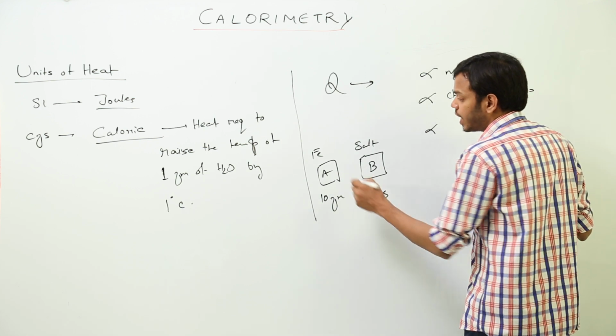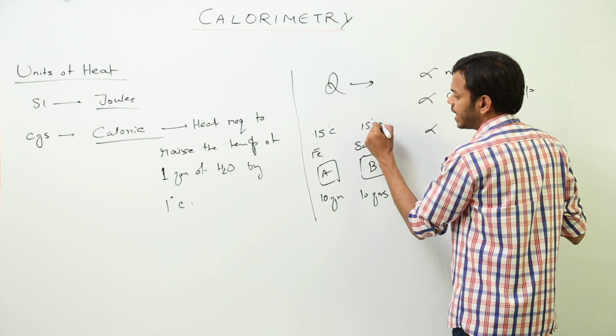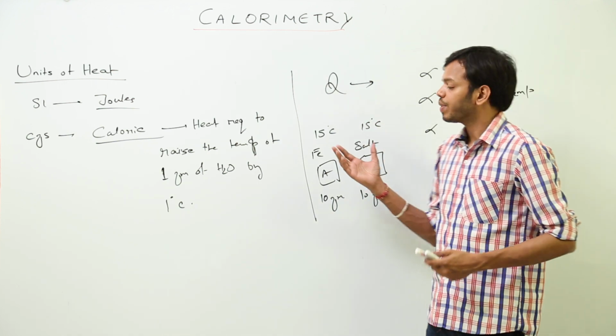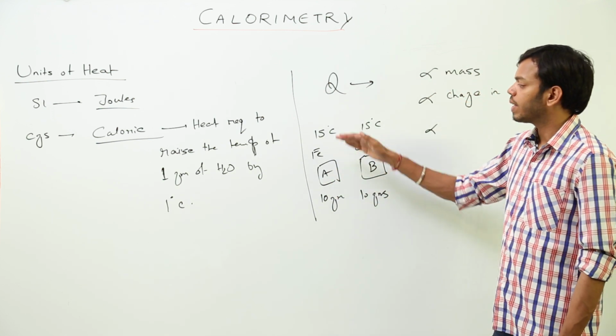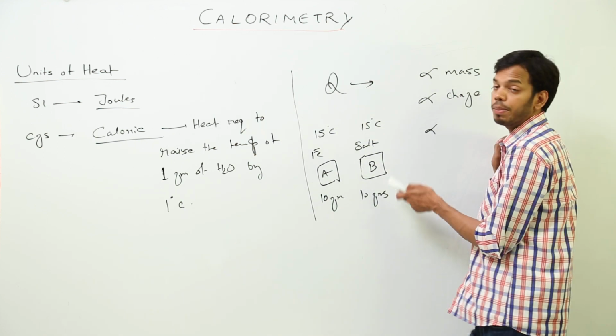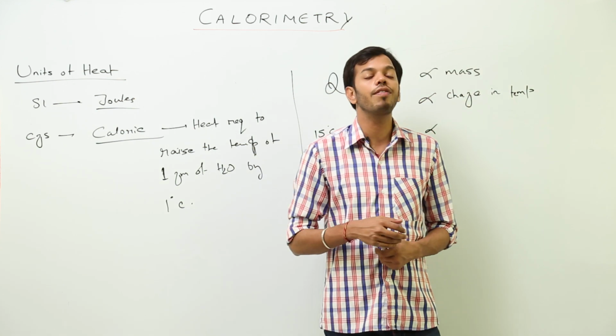Suppose the temperature right now is 15 degrees Celsius here as well. Now think, do you think the heat required to change the temperature of iron from 15 to 20 degrees Celsius will be equal to the heat required to change the temperature of salt from 15 to 16? No. The heat quantity required will be different, because